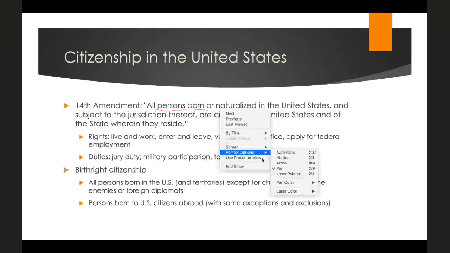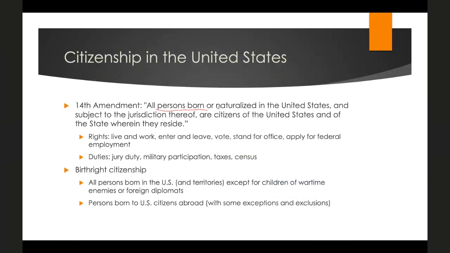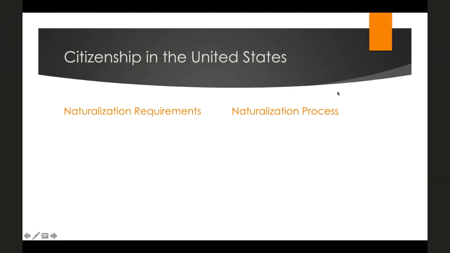So here we're talking about people who are not born citizens. You're not born an American citizen, but become an American citizen through processes of naturalization. So how does this work? First, you have to be eligible for naturalization, and there's a series of requirements. First, you must be a legal permanent resident, also known as an LPR. These are people with green cards. These are people who have legal permanent status but are not citizens.